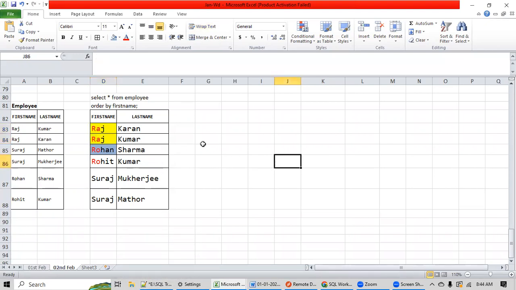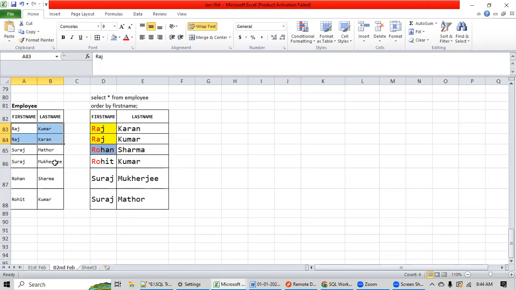And here I can ask you one question. You said Raj Kumar and Raj Karan are the same, but in the parent table, Raj Kumar is shown first, second is Raj Karan. Here it is displaying using order by, when getting the data as Raj Karan first, then Raj Kumar.